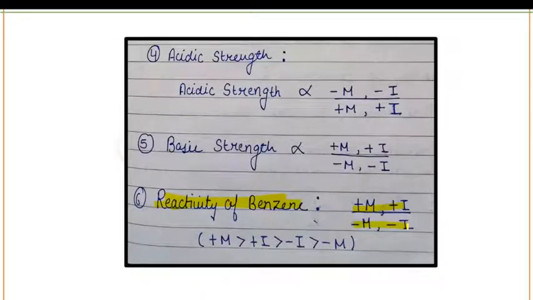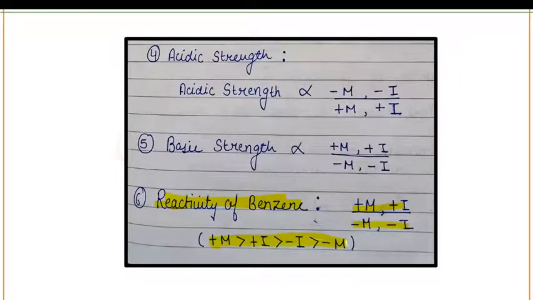In questions, you will get different functional groups attached to the benzene ring, and the question may ask you the stability for these compounds. So what you have to learn? You have to learn this order. You have to see the groups in this order. The structure which has a plus M group will be the most stable. After that, your plus I group will come. After that, the minimum stable structure will be the one that has the minus M group. Okay, so from this one line all your questions will be done.